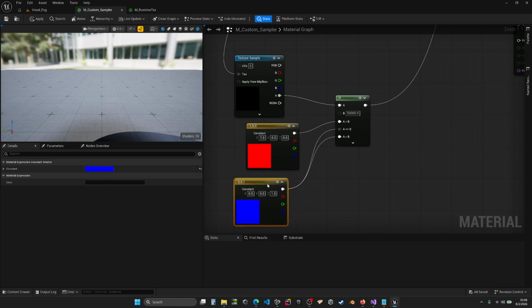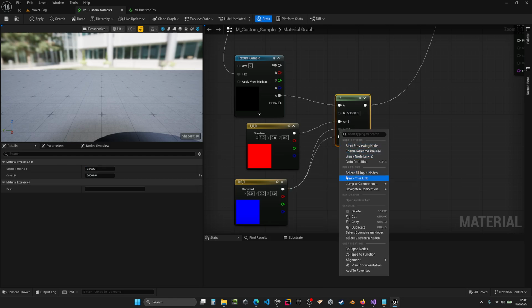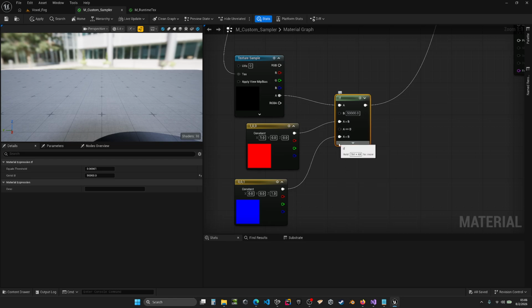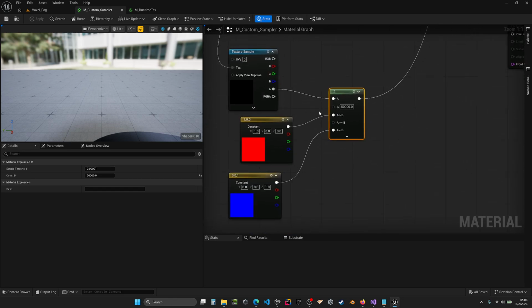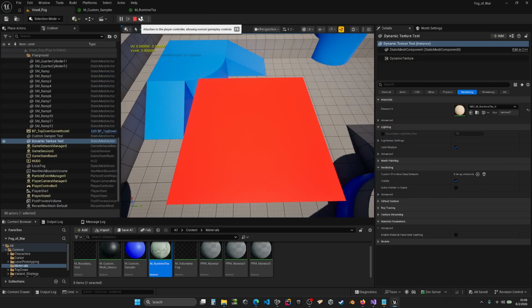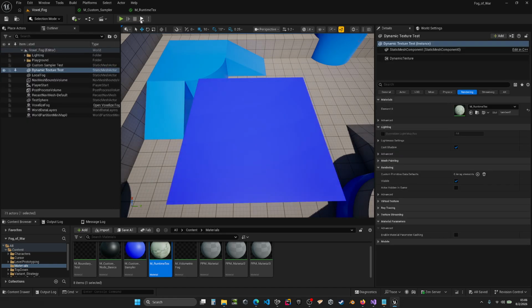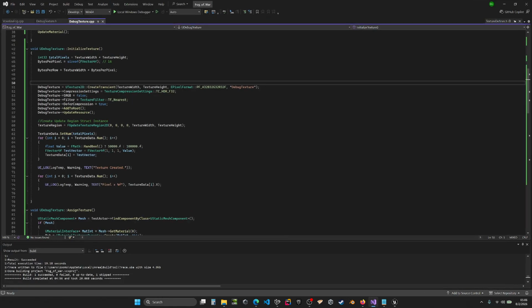And so it seems that large values can be passed, and in order to prove that this actually works, what can be done is to break this link to the equals. And so what that should do is make it impossible for any pixel to be blue, because the value that is being passed in is 50,000, and they can never be less. They can either be 50,000 or 100,000. And so looking at that, it is always red,